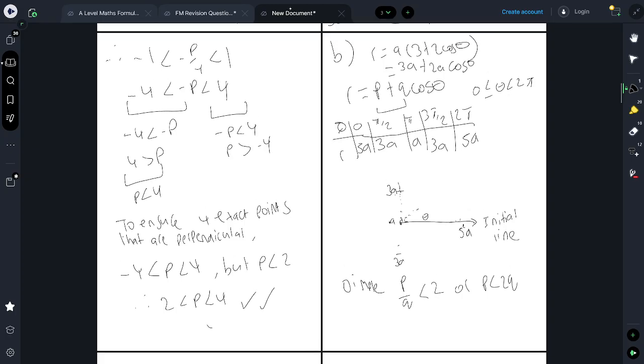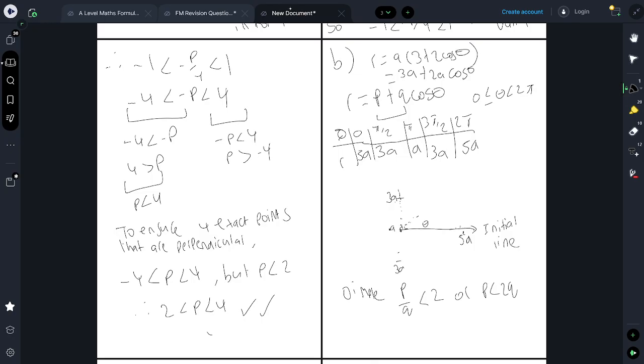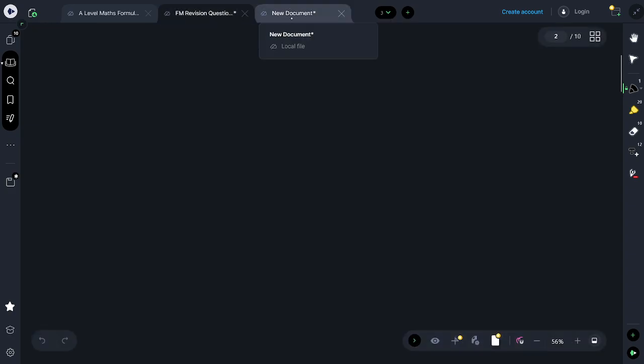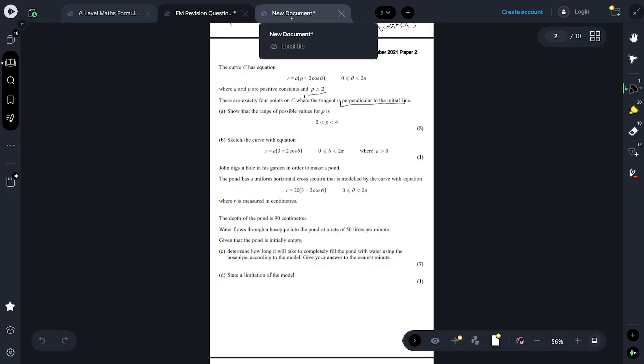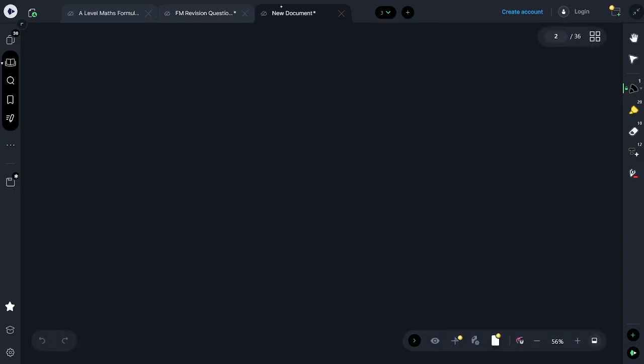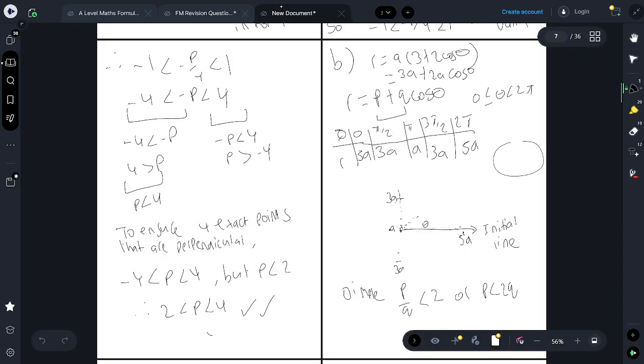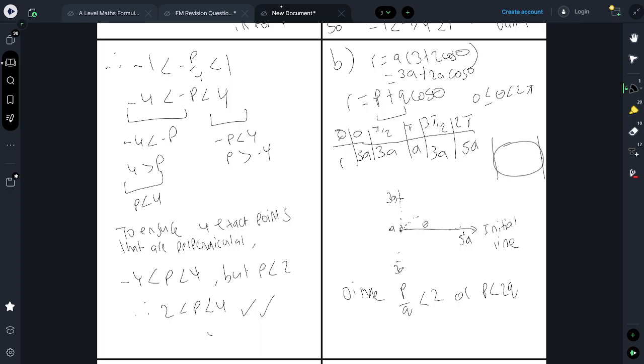And again, that arises due to the fact there are more than two tangents, right? If it's just a circle shape, obviously the tangent is perpendicular there and there. But a dimple shape would look like this. So there'd be one there, one there, and one there. And actually, it gives us a hint in the question because there are 4 points that are perpendicular. Well, if there are only two tangents, if it's just a circle shape, that would only be 2 points. But if you have a dimple shape, like I just drew,